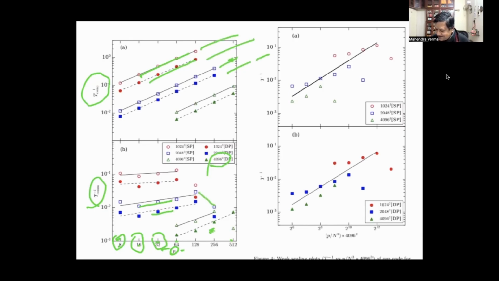For this grid, which is 2000 cube, we should not use more GPUs. That's not good. But for 4000 cube, I can still use more GPUs. So for a given grid, there's a maximum number of GPUs one can use. If you use more GPUs, then it's bad. You'll get bad performance.